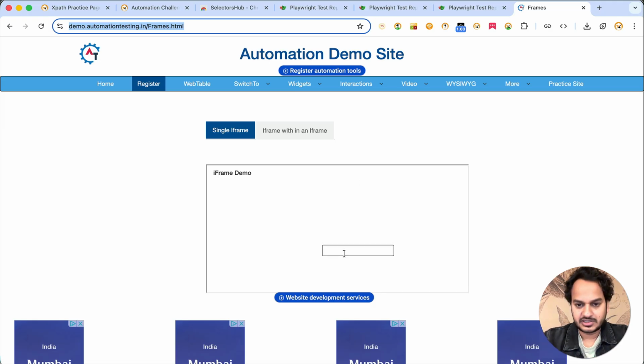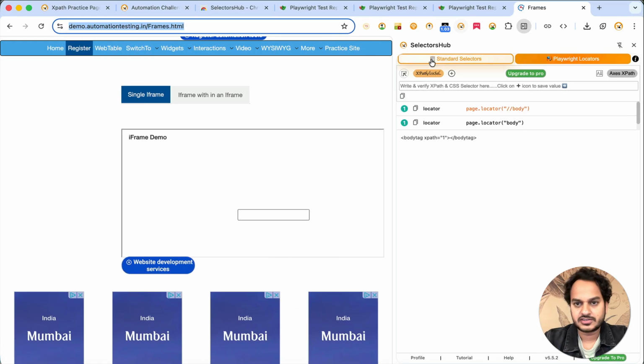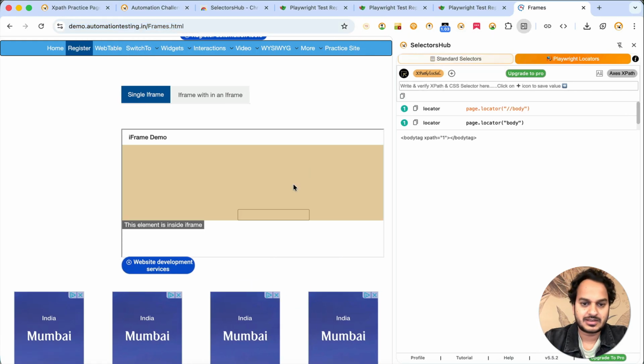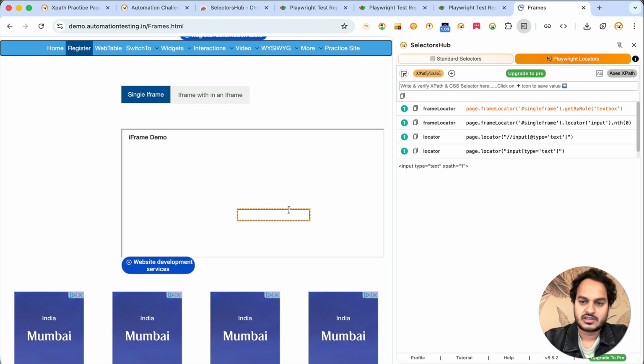Now, let's say we have to enter some value in this input box. Click on the SelectorsHub logo here and inspect the element. You see that automatically it tells you that this element is inside an iframe. You don't have to put in any extra effort. Click on this and there you go. You got this page.frameLocator single frame dot getByRole text. You can simply copy this,